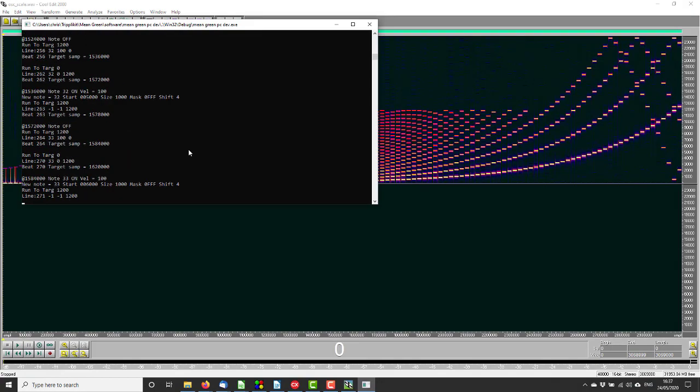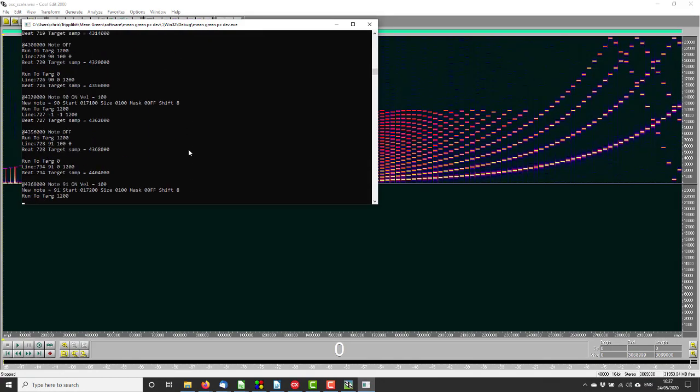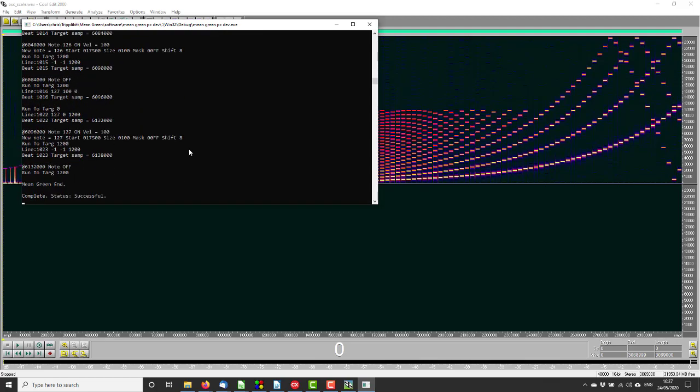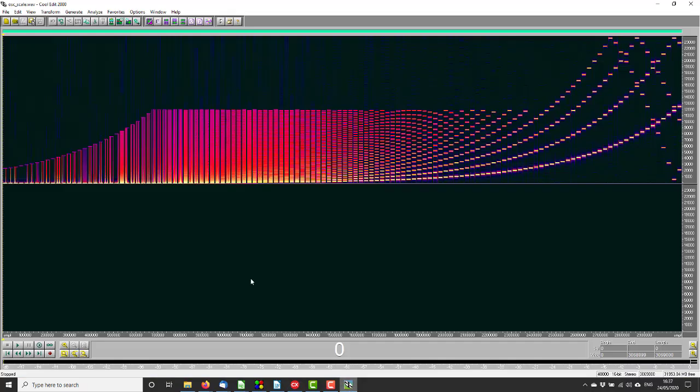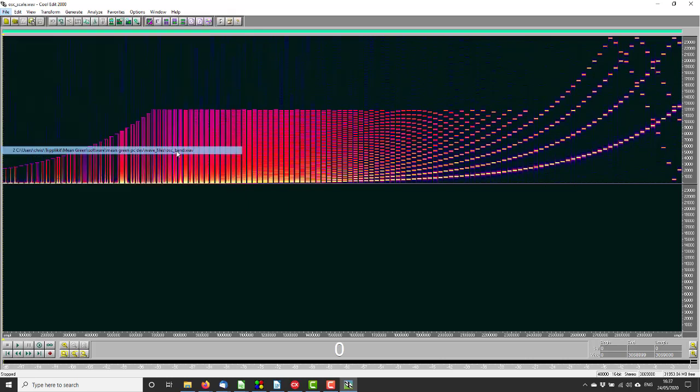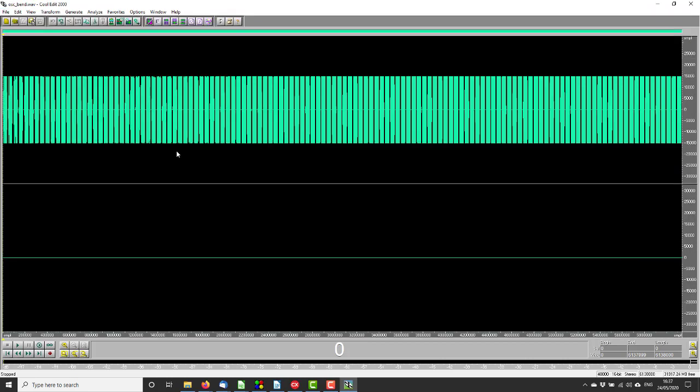There she goes. Run, we go back into here and we load that one. Shall we listen to that again? Not terribly exciting, but